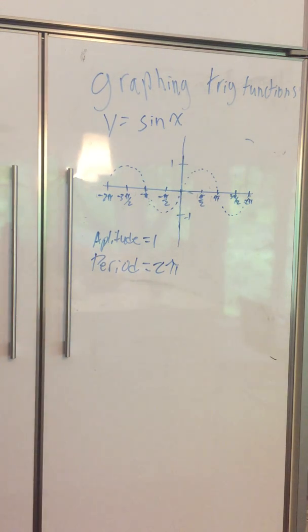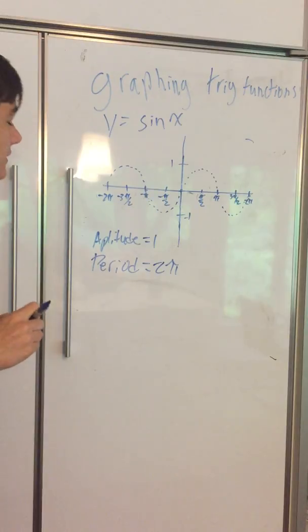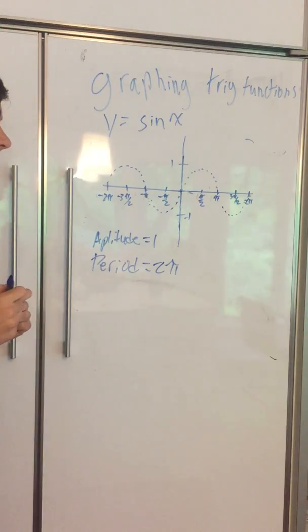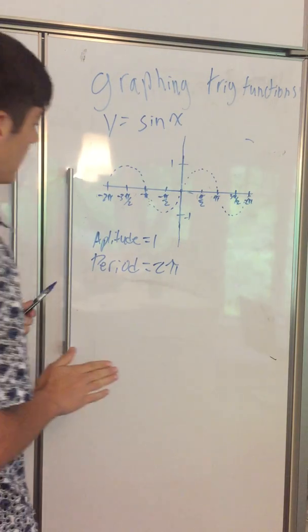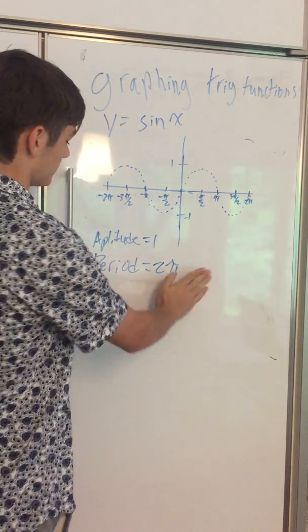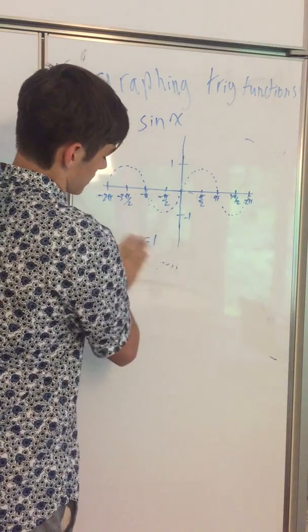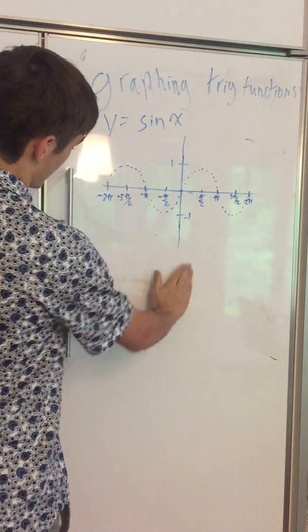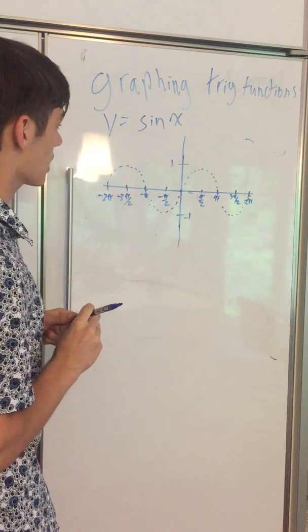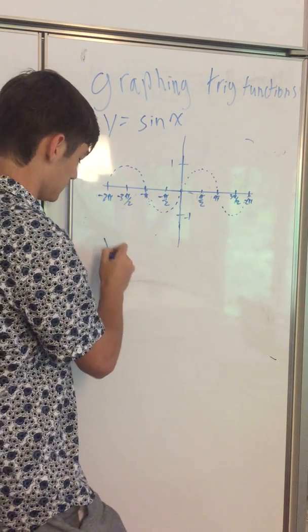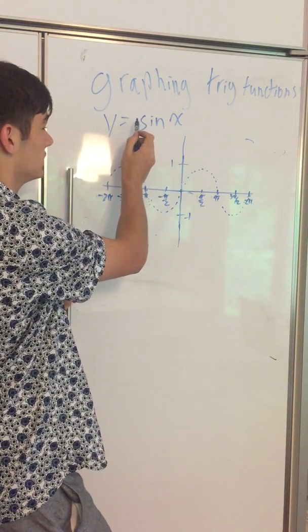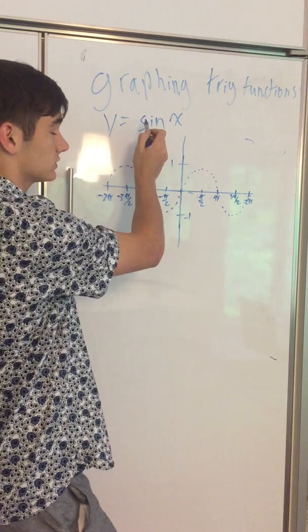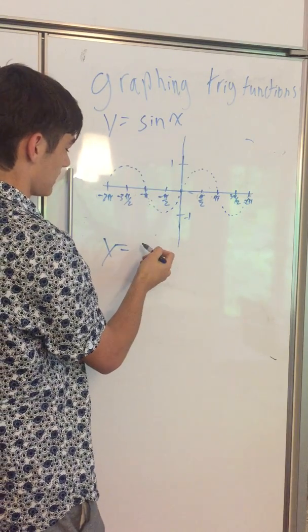Okay, so to alter this graph, there are certain things that you can do, and this works for any trig function. So to change the amplitude of the trig function, what you would do is change the number that comes before the function. So that is